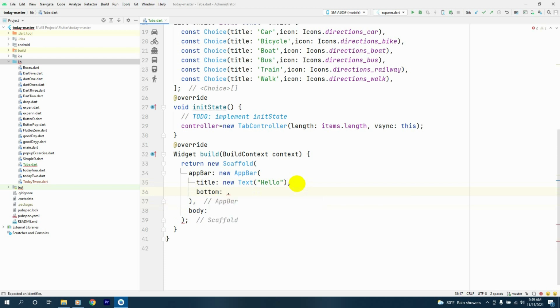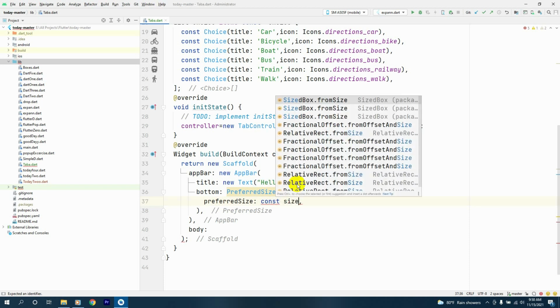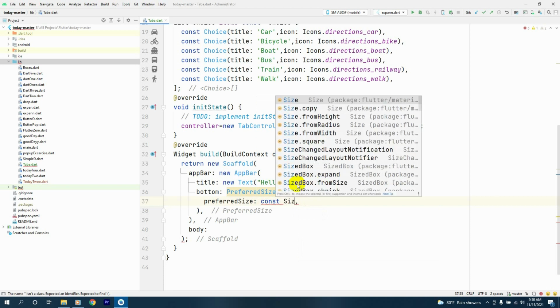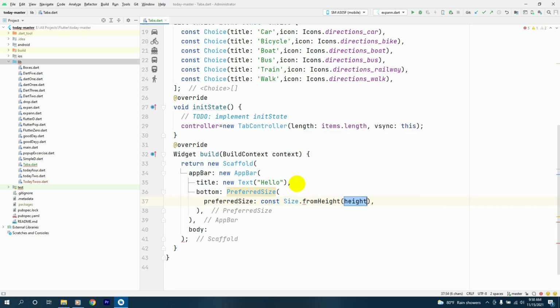The bottom will have a preferred size, and inside it the preferred size will be constant size dot from capital S size dot from height, and we'll give 48 for this. This will be the preferred size of our app bar,